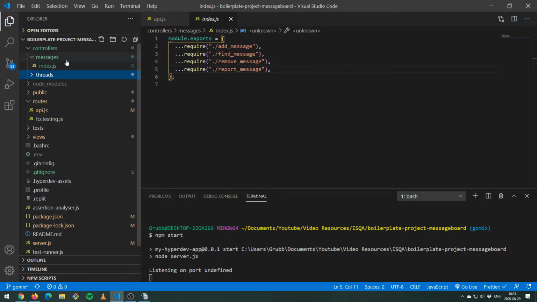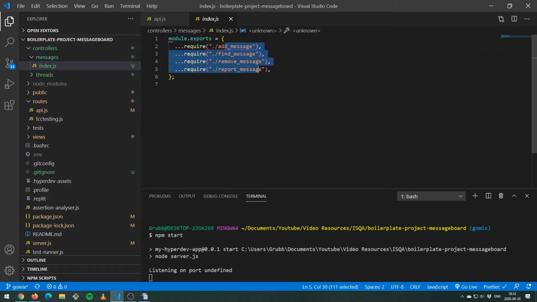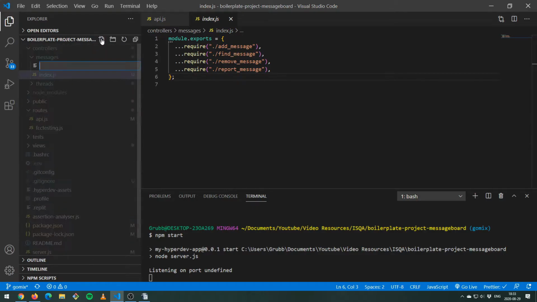So, with that, we can actually go ahead and start creating stuff. So in controller/messages in the messages folder, we have this index file, and we're requiring files here that don't actually exist. And they don't exist because we haven't created them. So if we go ahead and create a file called